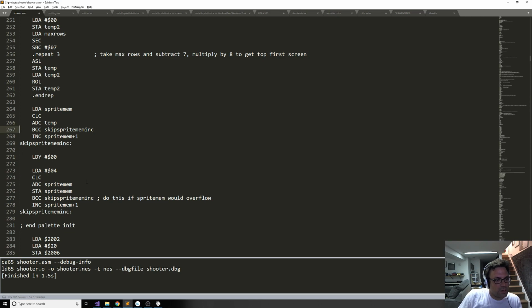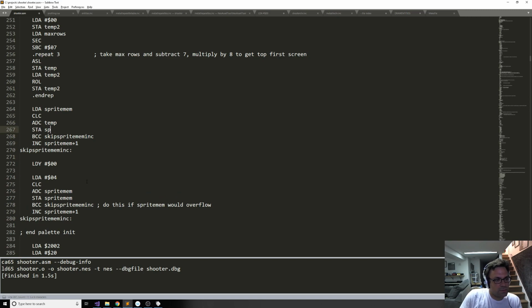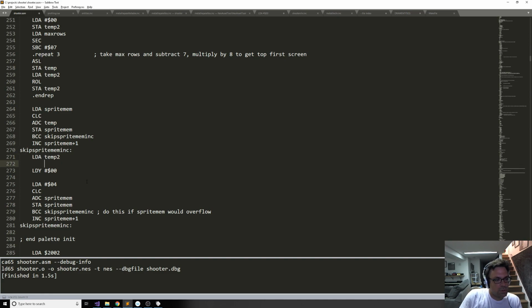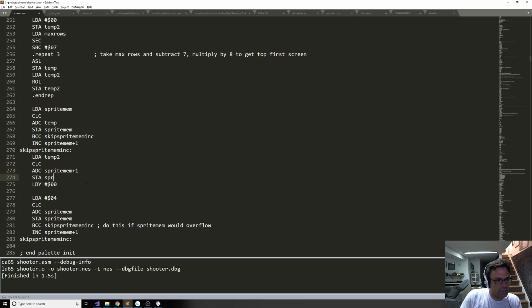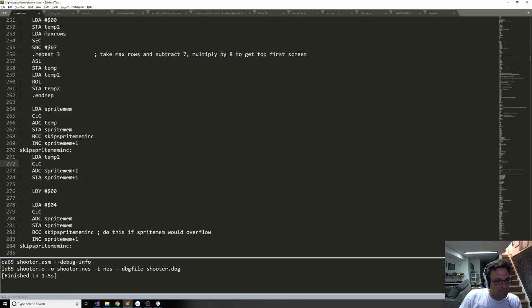We need to do that here. Store a sprite mem, and then we're going to load a temp 2. Clear carry, add carry, sprite mem +1, store a into sprite mem +1, and that gives us our offset into